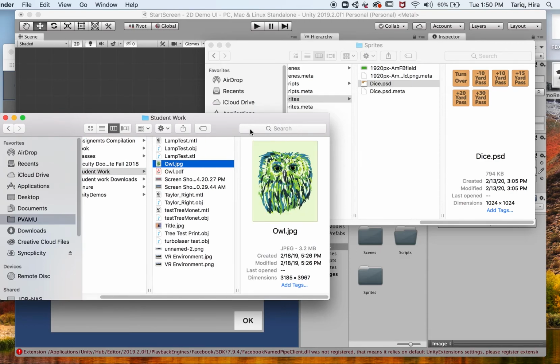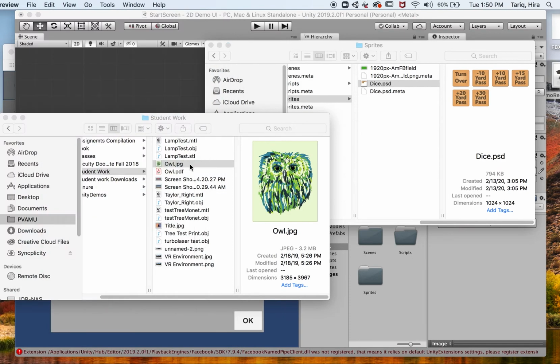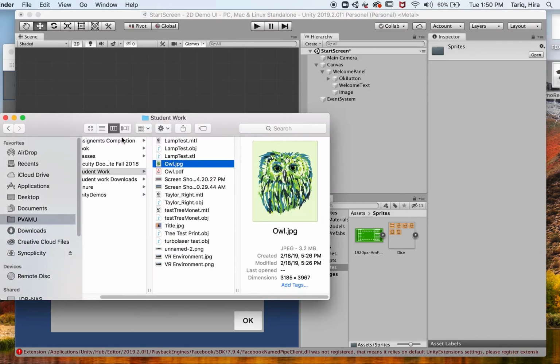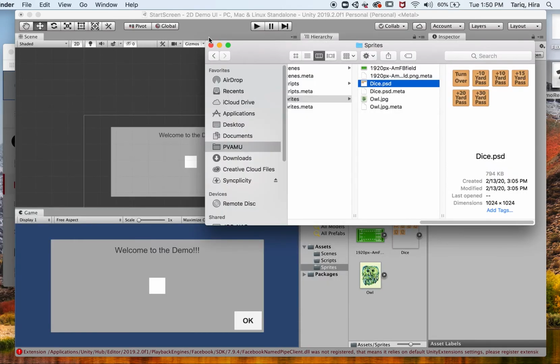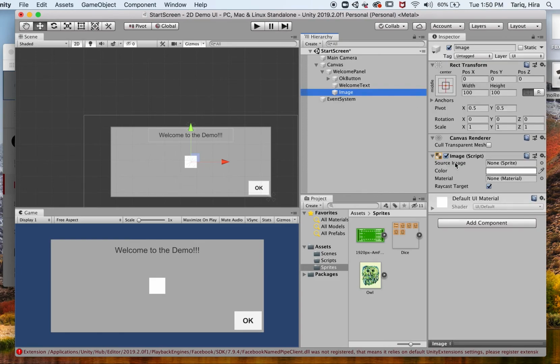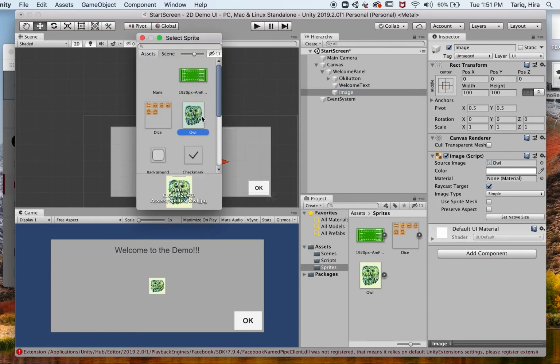Say I have this image. Oh, I didn't want to open it. My bad. I'm just gonna bring it in my sprites folder here. It's probably a very large image. And what I'm going to do is go to the source image in my inspector. Click on this round button here again, select the owl,